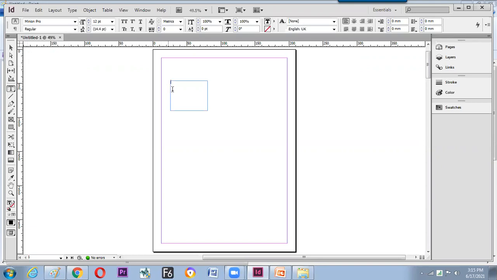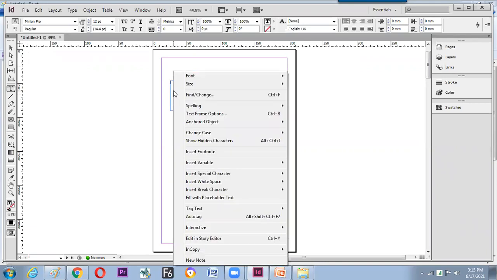After the dragging, we can right click and switch to the option called fill with placeholder text. First thing we have learned in text. Let us note down.